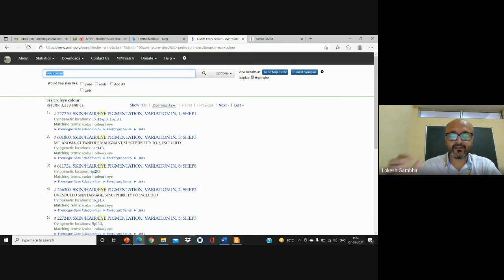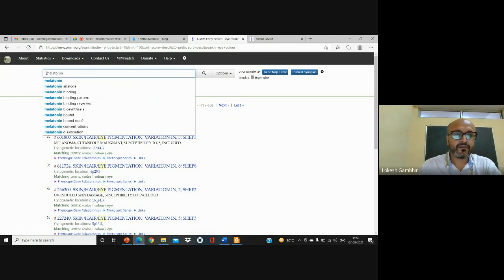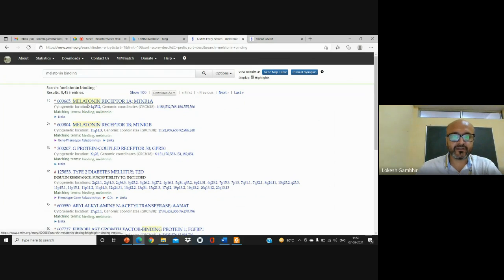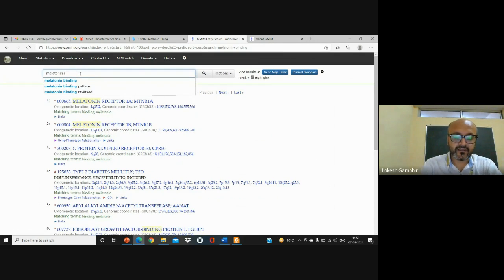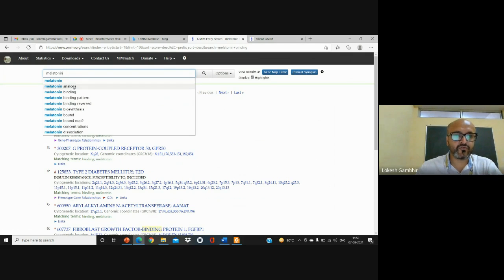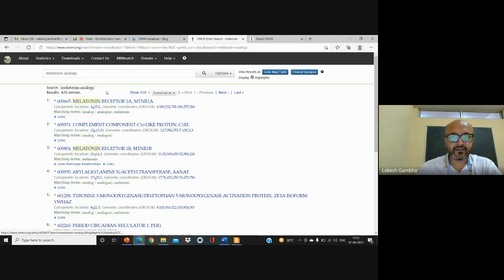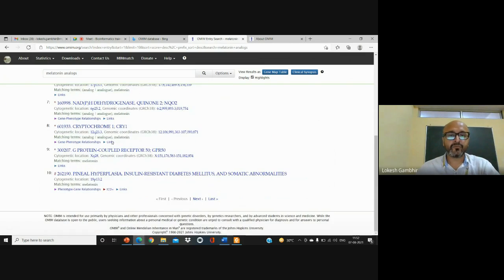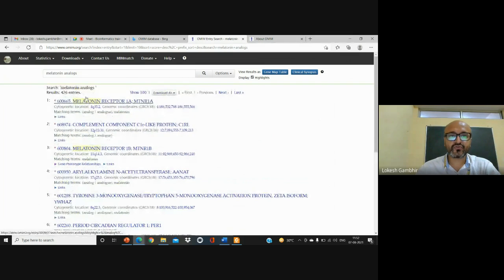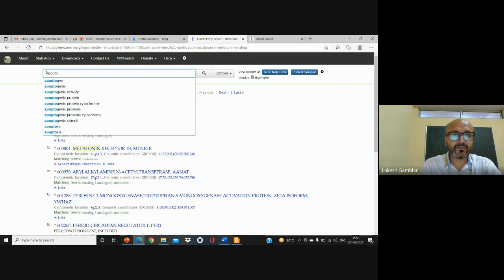I'm more interested in, let's say, melatonin, melatonin binding. I'll get the complete information. If I'm interested in melatonin inhibitors or melatonin analogs, you'll get the complete list of analogs. So OMIM is again used to study different structural parts and different pathways.